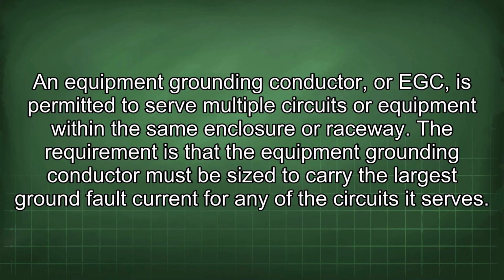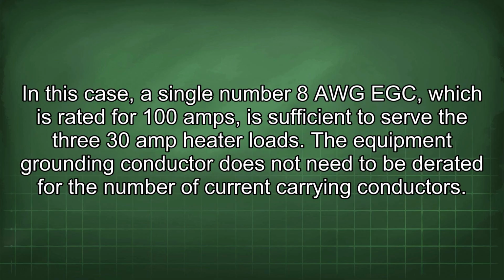An equipment grounding conductor, or EGC, is permitted to serve multiple circuits or equipment within the same enclosure or raceway. The requirement is that the equipment grounding conductor must be sized to carry the largest ground fault current for any of the circuits it serves. In this case, a single number 8 AWG EGC, which is rated for 100 amps, is sufficient to serve the 3 30 amp heater loads. The equipment grounding conductor does not need to be derated for the number of current carrying